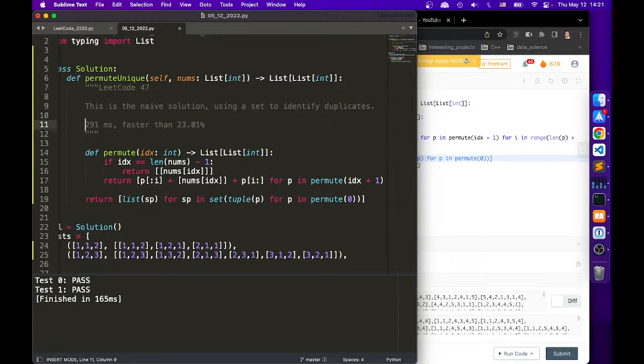So there definitely is a way to do duplicates without going through all this trouble. How? Let's get the unique values out, right? Let's say if we have 1, 1, 2, 2, 3, 3, this is 1, 2, 3, right? These are unique values. So we can have unique values doing permutation. We can get all of those. And then,